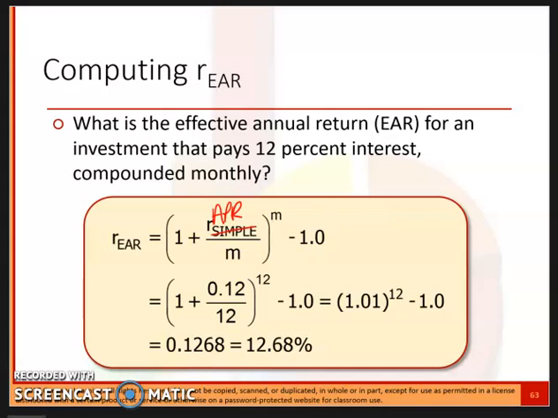So that's 12.68%. So if we were to enter this into our I conversion, that would be second ICONV, and NOM is 12. Compounding periods per year is 12. And then effective